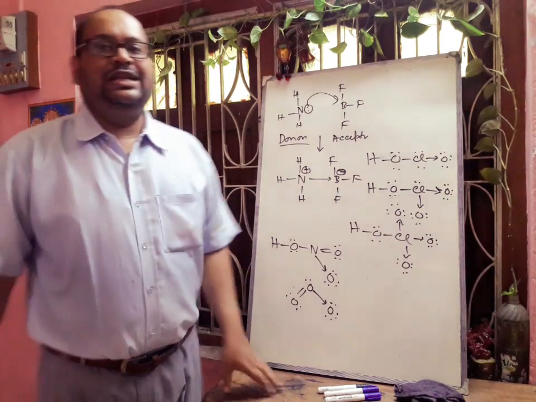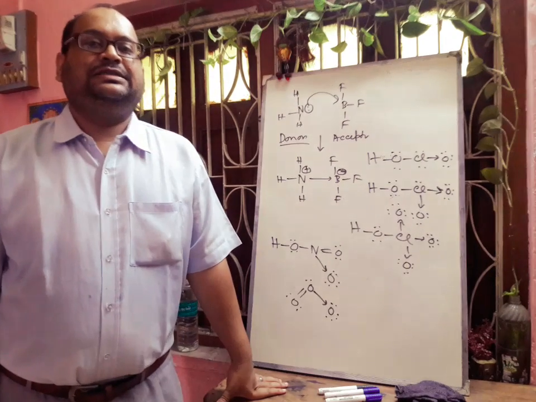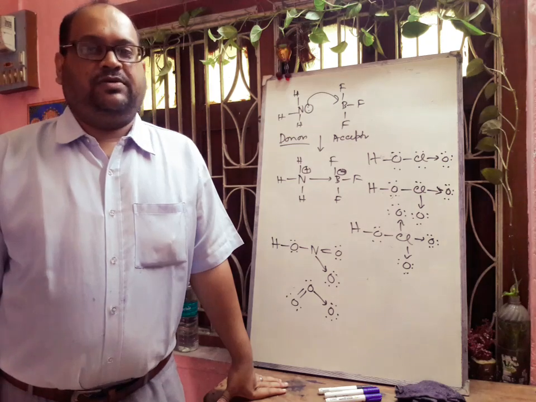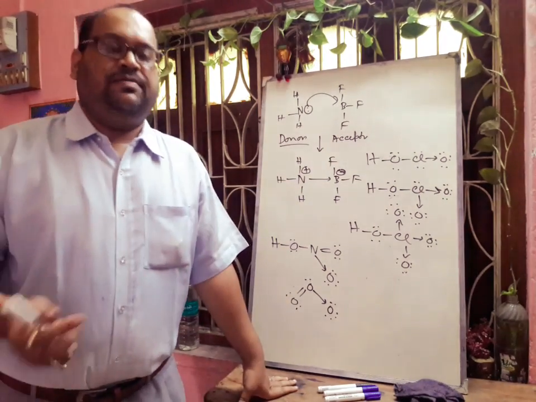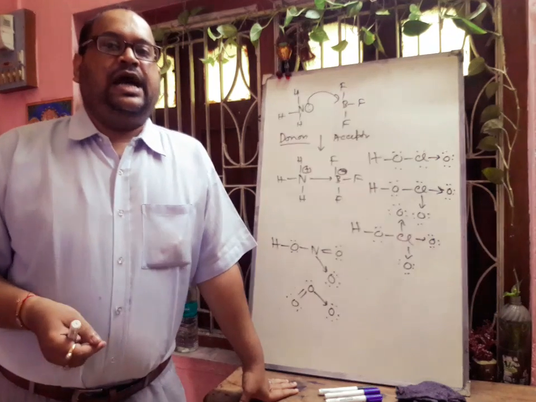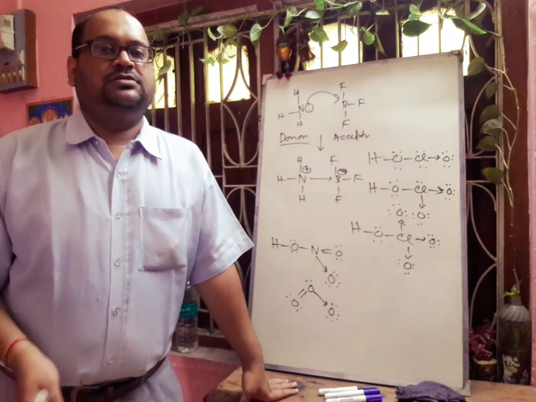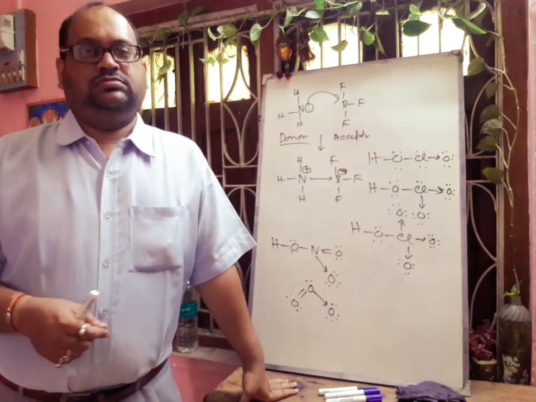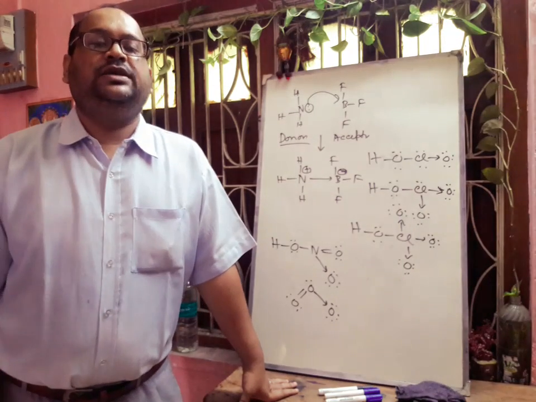So these coordinate compounds have higher melting and boiling points than those of the covalent compounds because of semi-polar nature. Or charge is there, okay, some percentage of ionic character is present, and the reactions of these coordinate compounds will be slow. Okay, ionic reactions will be fast and here the reaction will be slow.